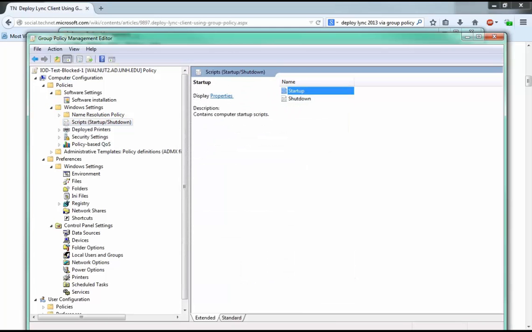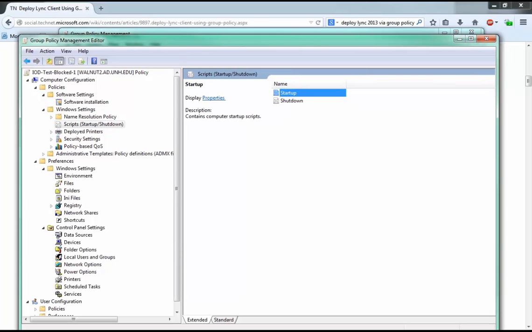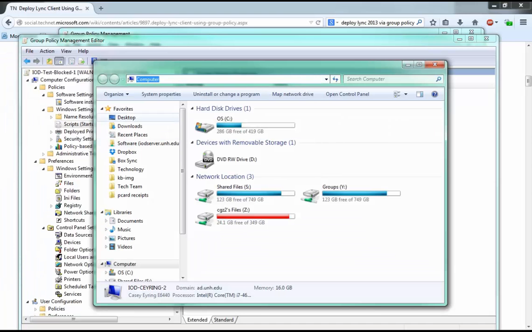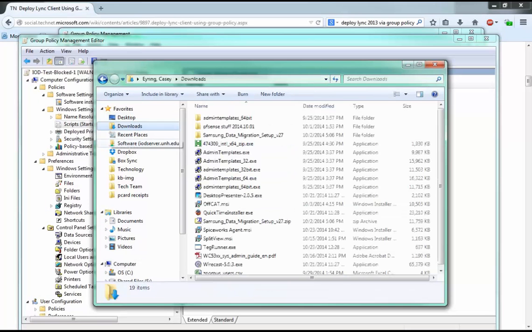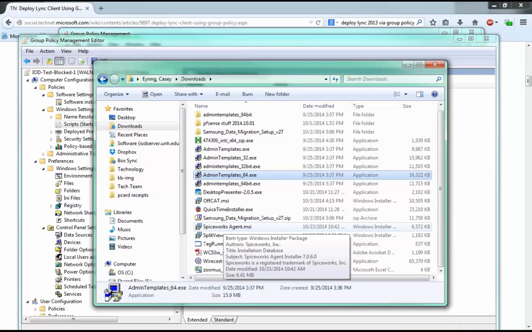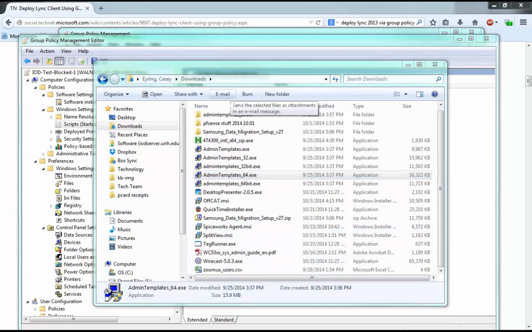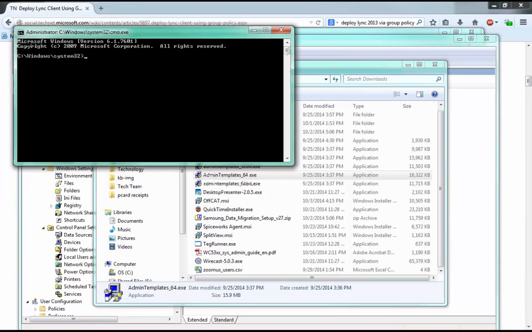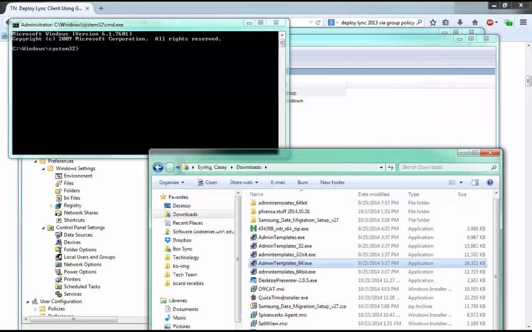Other stuff is much easier to do. Sometimes you have to create an administrative install. So what I mean by that is, I've got the downloads thing in here. So SpiceWorks agent, that's something I downloaded earlier. The way that you create an administrative install is you open up an elevated command prompt. So you can't see me, but I just did CMD. I opened up an elevated command prompt. Now what you want to do is type in